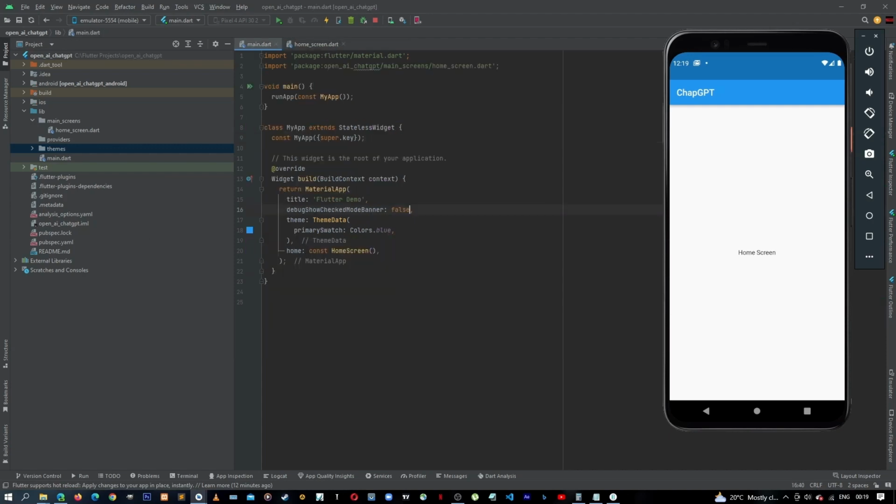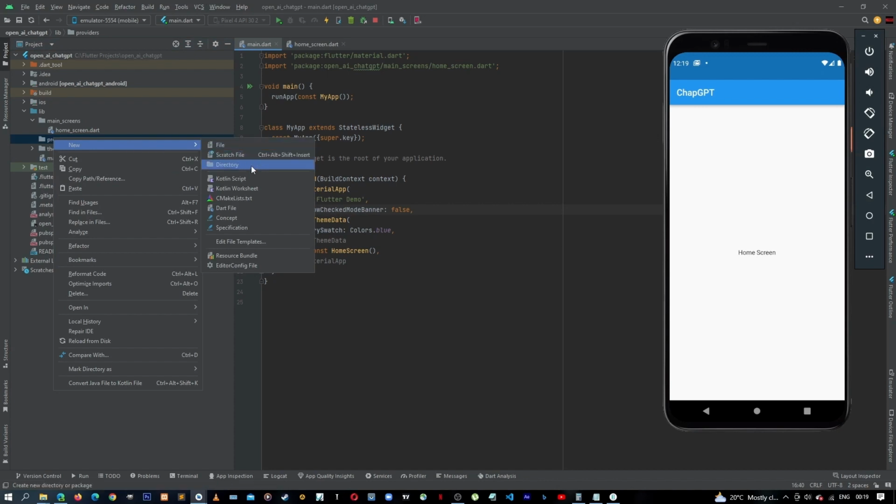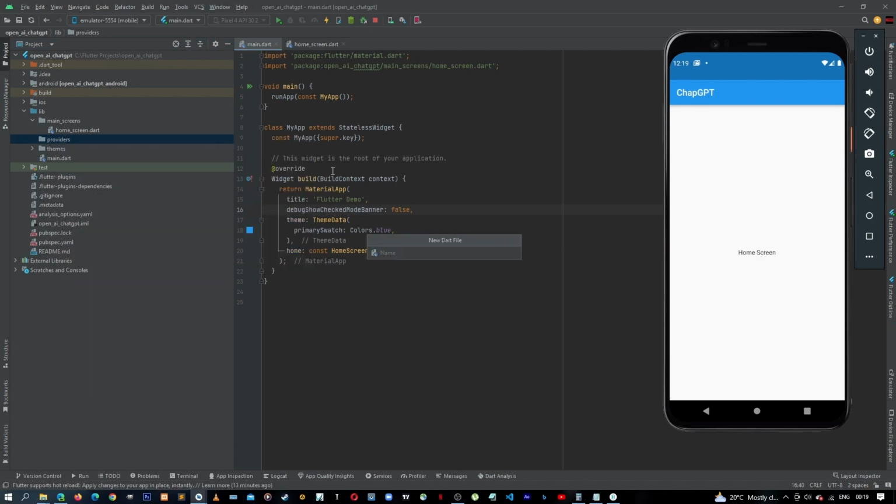Close this one, and then the next thing to do is we need to create the folder. Let's go to our providers, and I create the provider for our theme. So for that, let's open a new file. Let's name it as